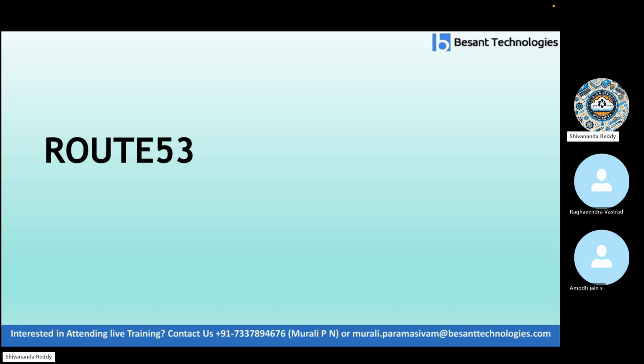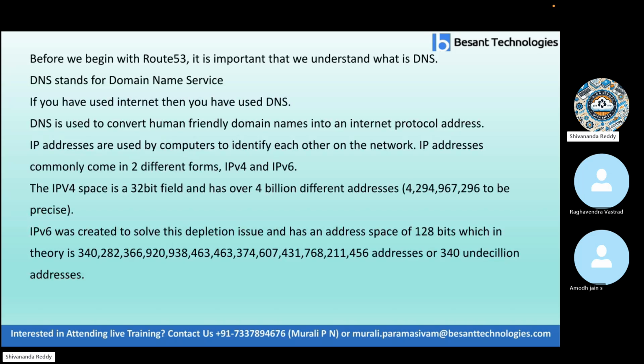That means any website you can take, Google.com. Google.com is a website, but behind the website an IP address will be there. When you search google.com, internally it will convert that name into an IP address and an IP address into names. That's Route 53. Before we begin with Route 53, it is important that we understand what is